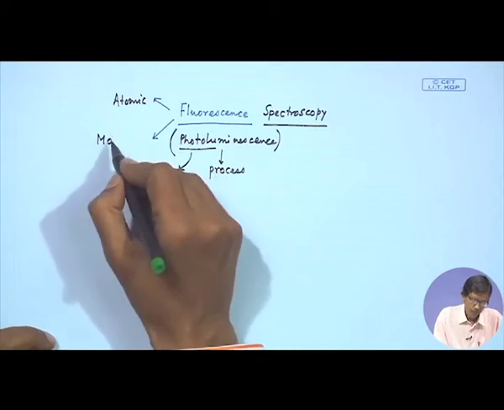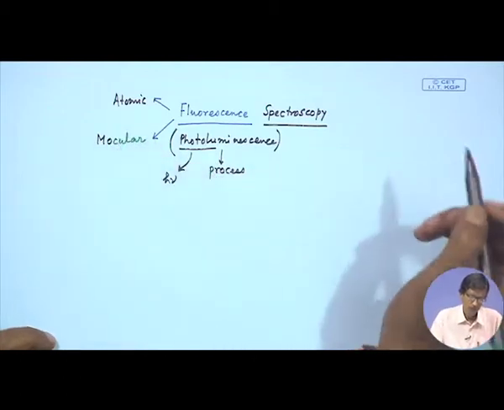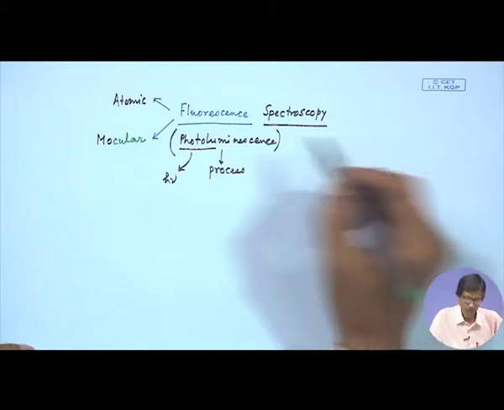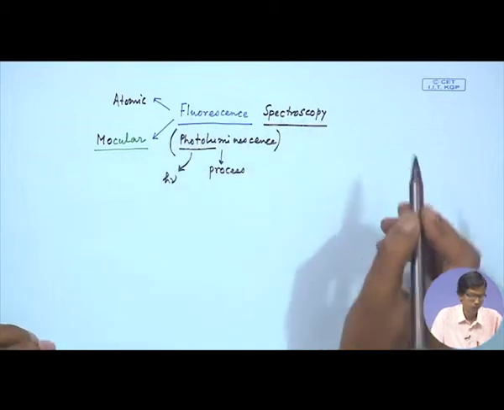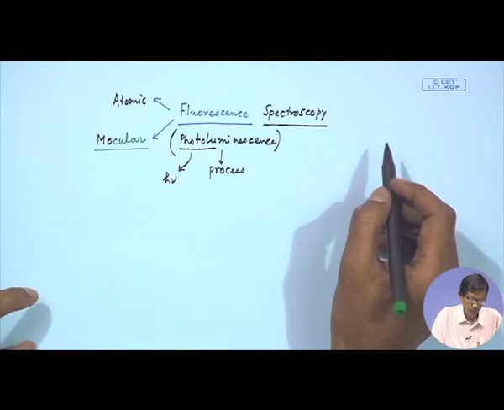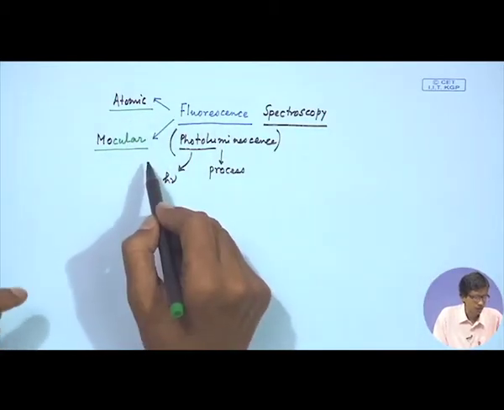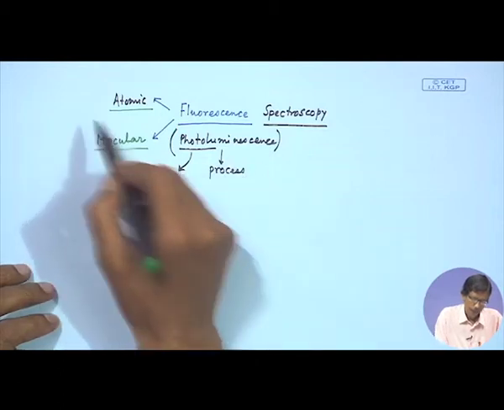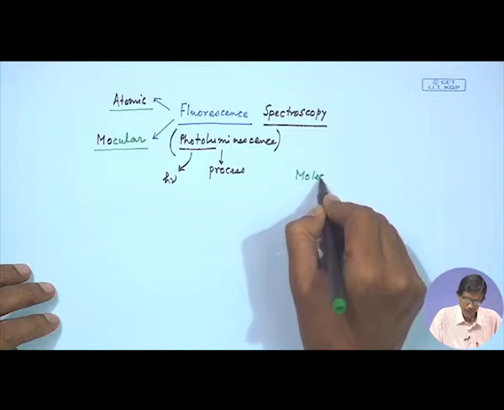So, if we have a molecule, we get molecular fluorescence spectroscopy. This fluorescence process can be useful for atomic species or molecular species, where we want to characterize something,